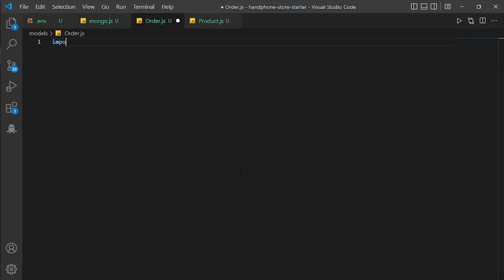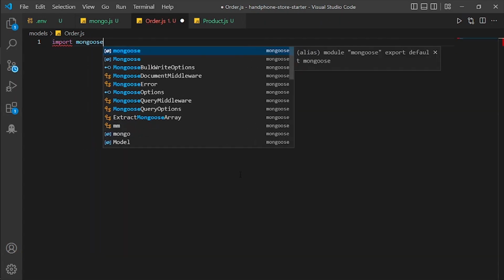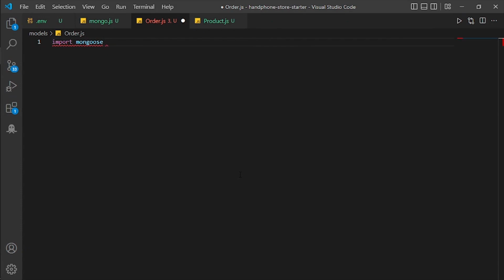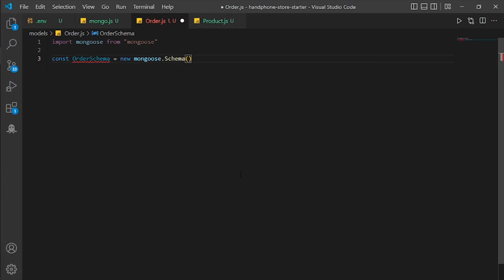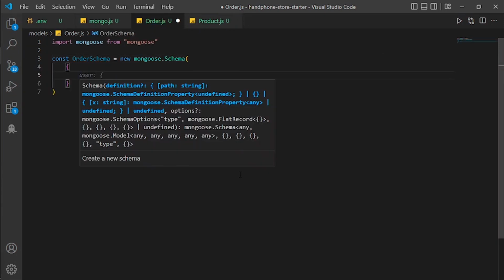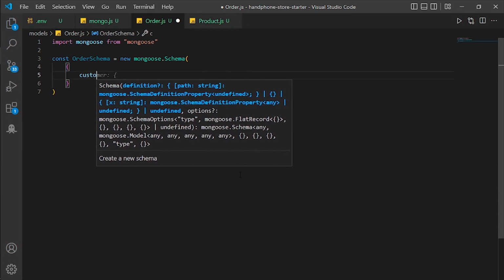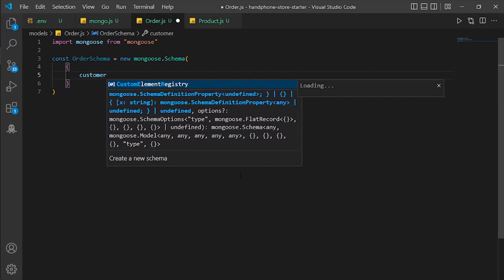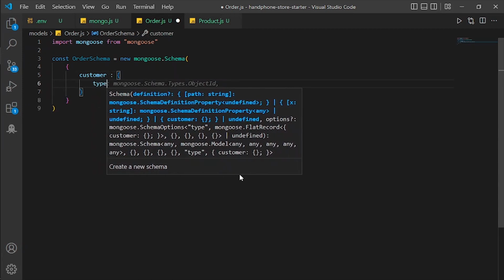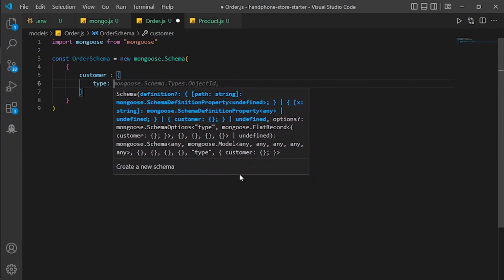Inside of here, it is similar to the product.js. We can import mongoose from mongoose. And for the const, it's going to be orderSchema equal to new mongoose.Schema. And inside of this parenthesis, it will have a curly brace. The first field is customer. Customer is equal to type is String,